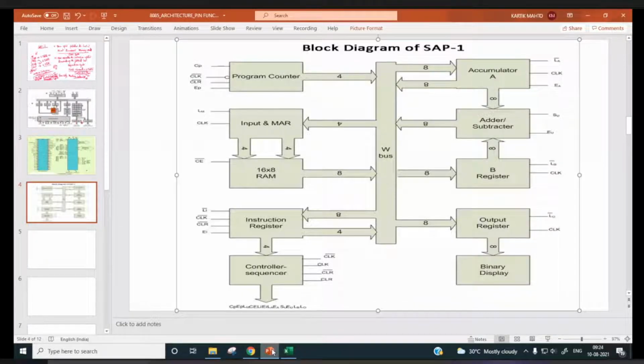Now I'm just changing the question. In order to transfer the content of a memory location to the accumulator, which are the 2 control signals that have to be active?